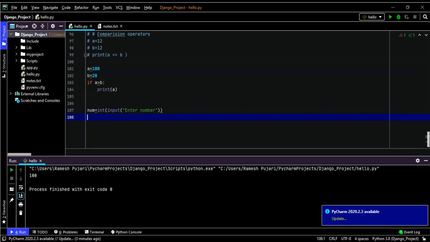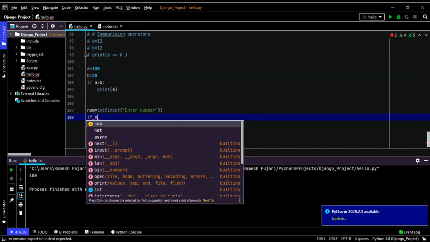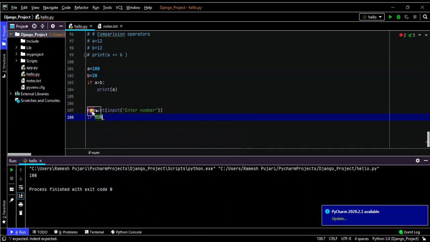Now I am checking the condition: if num, whatever was entered by the user, modulo 2 is equal to 0, I will print number is even. This program is for checking whether the number entered by the user is even or odd.